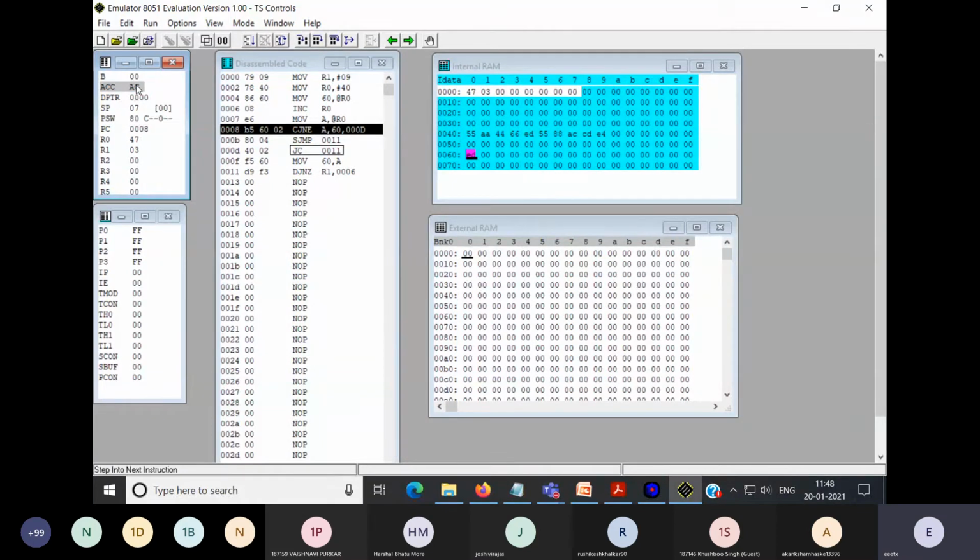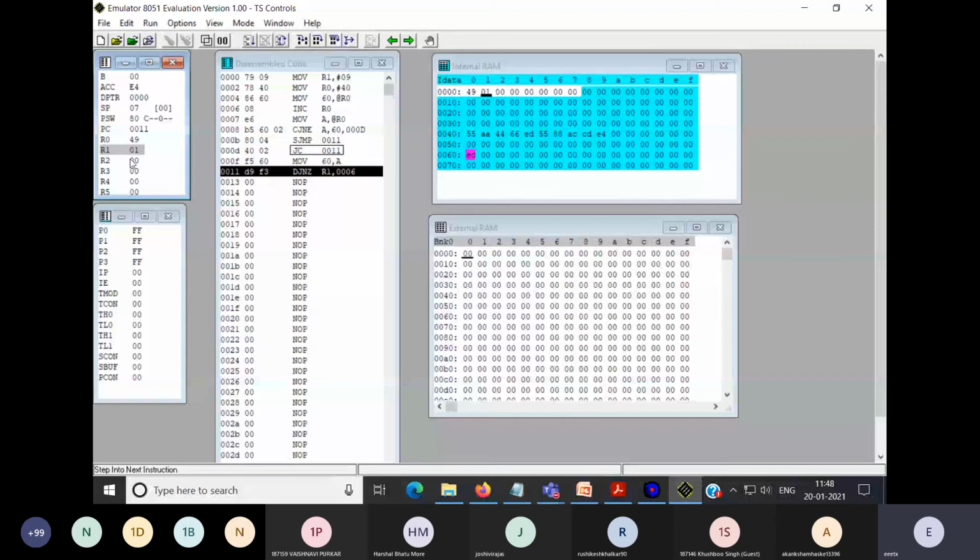Content of accumulator is AC now. See what happens, still there is a carry. So decrement R1, increment R0. The same loop will continue till it completes all the comparisons. So now for DJNZ, only one remains. So only one comparison is remaining. So increment R0, move A, compare this, check carry, carry is there, come here.